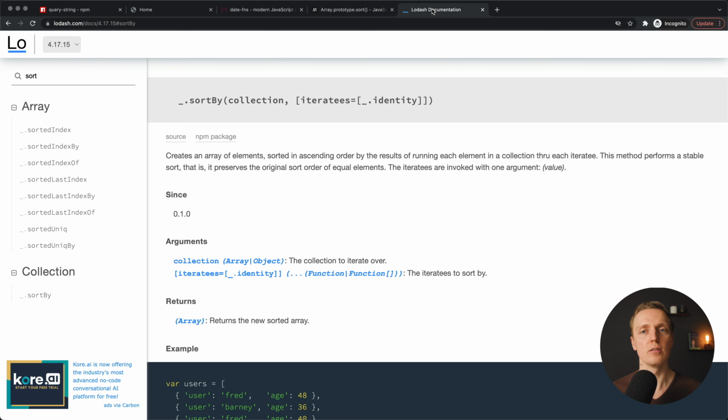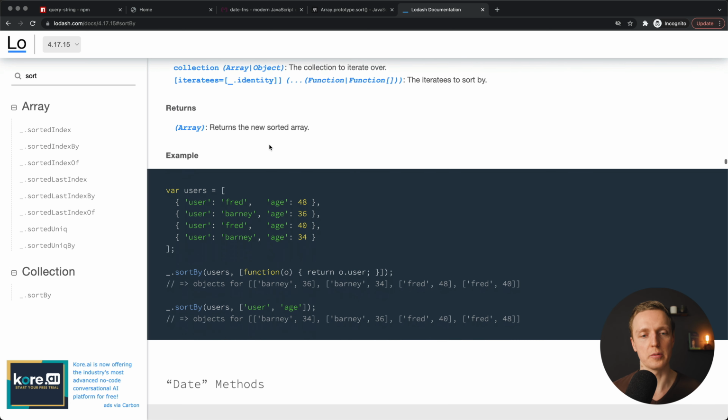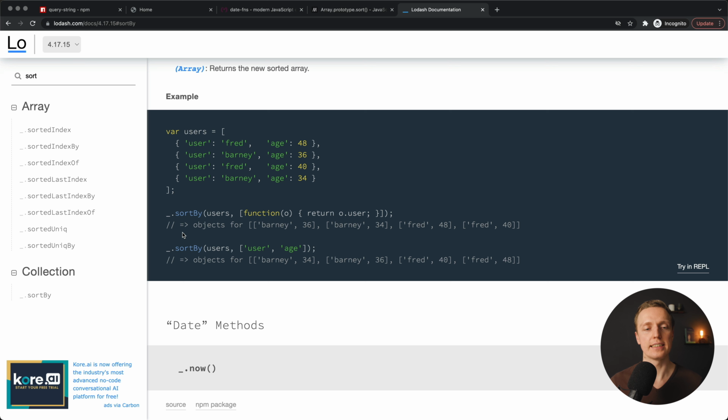For example, we can look at the Lodash library. This is one of the two most popular libraries to do data transformations. And here we have a function which is called sortBy. And here directly you can see the difference. We don't have just a low-level sort function, we have a sortBy function. And this is what you typically want. You have an array of objects and you want to sort them by some criteria. For example, here we're writing sortBy, here is the array of our users, and we simply set here as